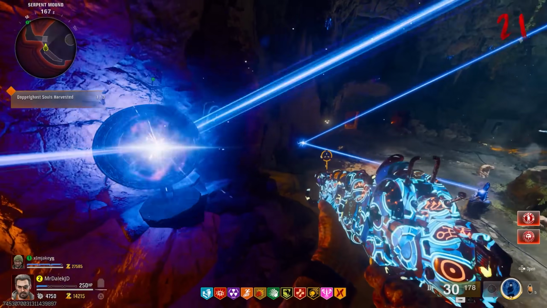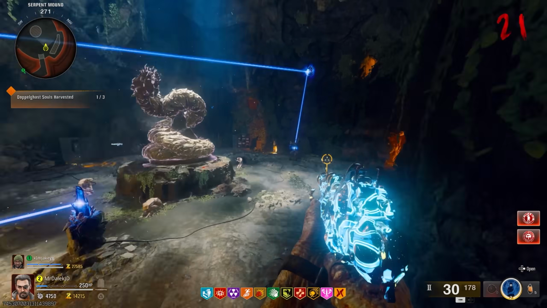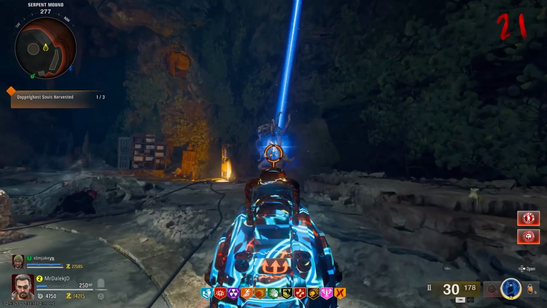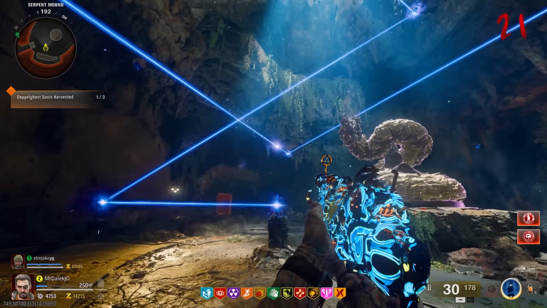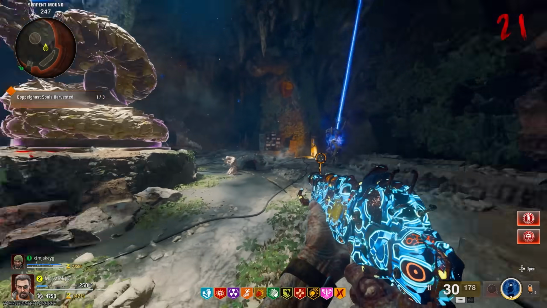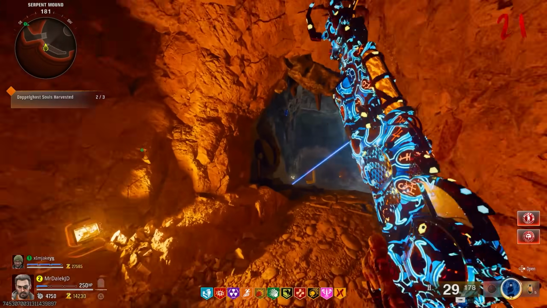From here, we're simply going to melee this new refractor location once. And if done correctly, it should now be shooting the laser down onto this second Doppelganger statue. So meleeing the crystal in the middle again, we'll shoot the laser around and then hit that second Doppelganger statue, spawning in another Doppelganger. For our third and final Doppelganger statue, I want to go up to the cave and